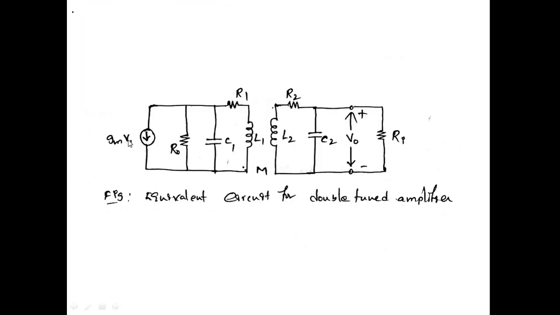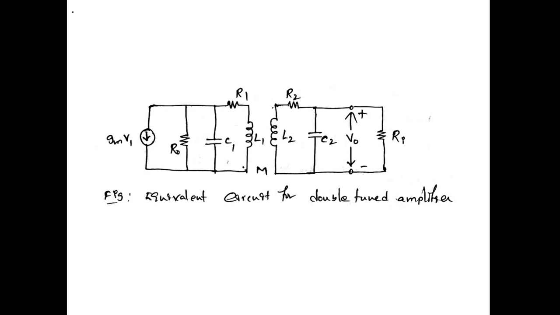Now see this one. This is the current that is flowing at the collector side, Gm into V1, and the output resistance of stage 1, which is indicated as R0. Now R1 is the leakage resistance for L1, R2 is the leakage resistance for L2, M is the mutual inductance, and the output voltage will be taken across C2, or you can say across Ri. Ri is the input resistance of stage 2, which becomes the output side.